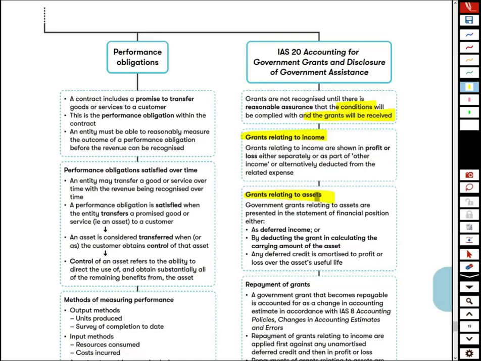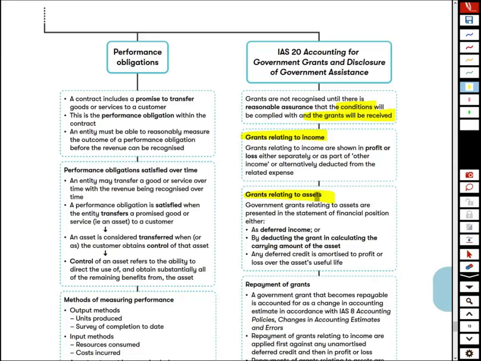Grants related to income. Now with those you recognised the money coming in and you stored it as deferred income or a grant liability and spread the money over the period relating to the expense. So like if you've got a grant for 3 years of wages, you needed to spread the grant over the 3 years. Remember with grants related to assets, again you spread the grant typically over the life of the asset, but